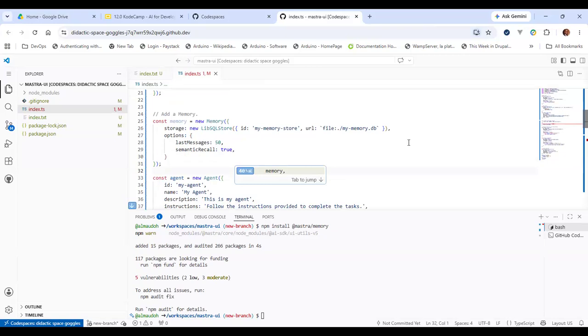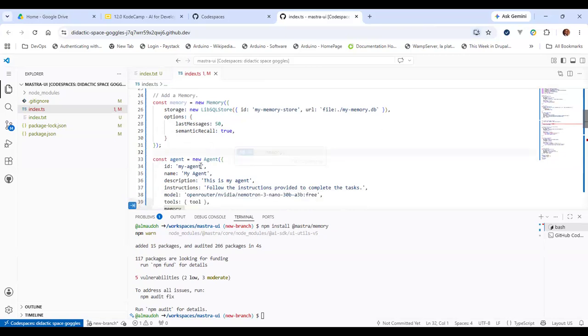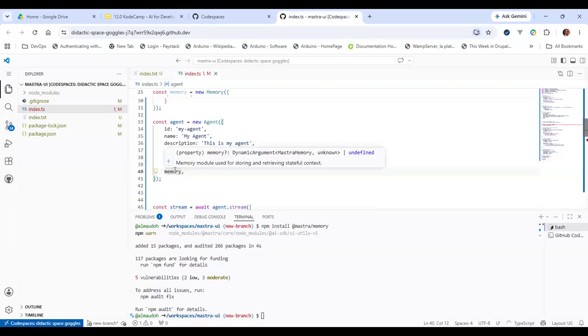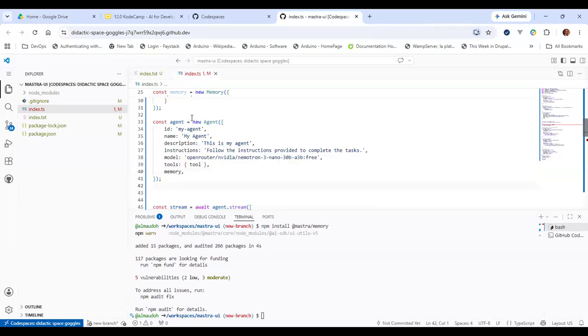So that's how you create a memory. Then when you want to do the agent, you pass memory in. There's a key called memory as well that you then pass in. So you can see that we are gradually building up the agent from an initial simple agent that is basically just an LLM. We then added tools, and now we've added memory.